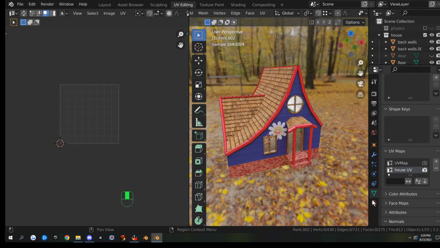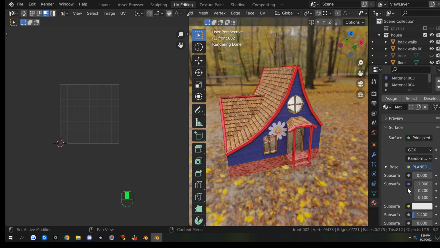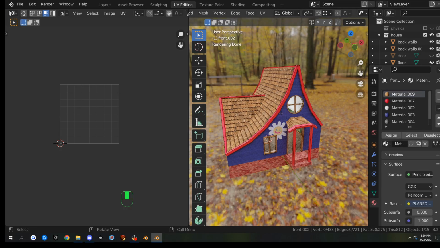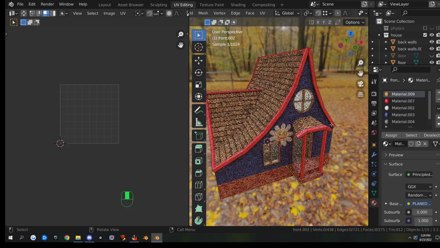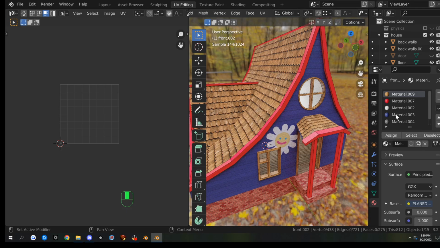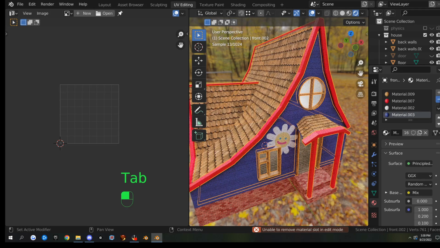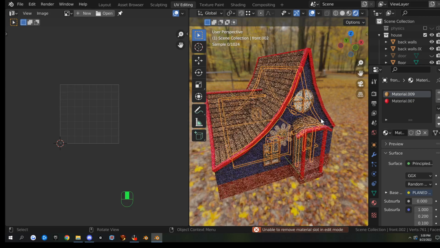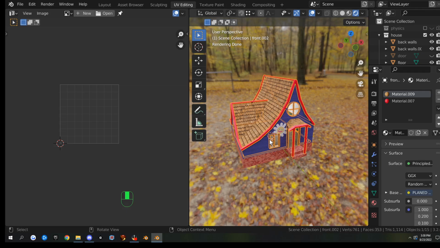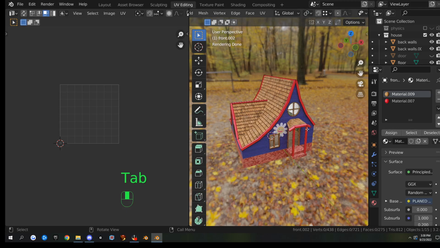And I'm going to go to the Materials tab. Well, there's a lot of materials on there. We're not using these bottom ones. We're just using the top two. In object mode, we're just using the top two, so I'm going to get rid of those because that'll cause us issues. And I'm going to select the brown and go into edit mode and make sure nothing's selected